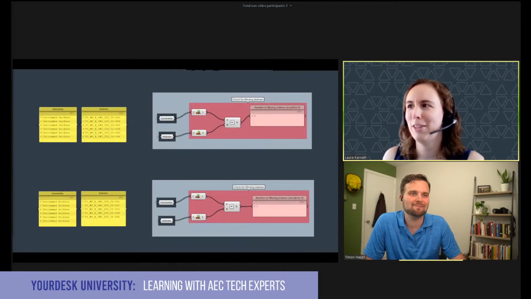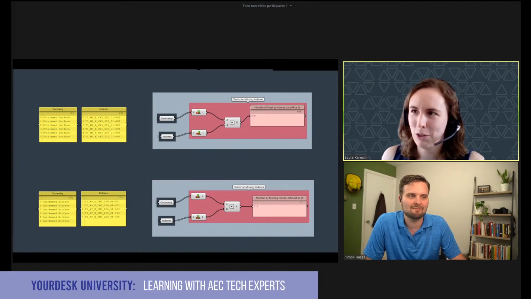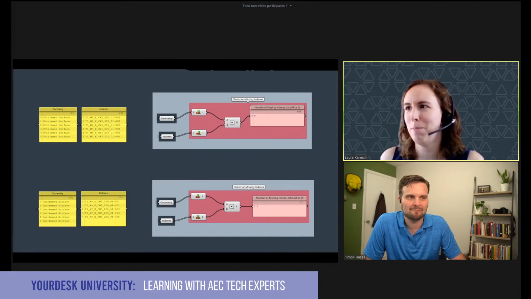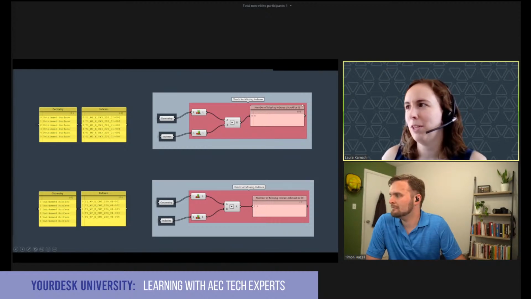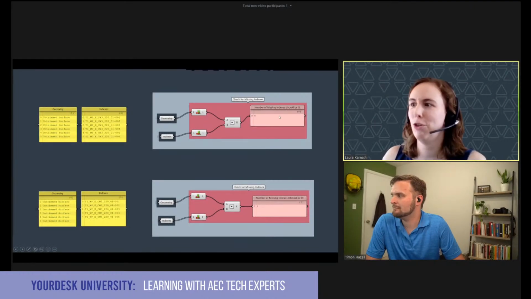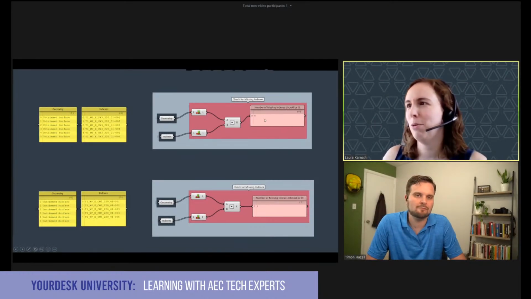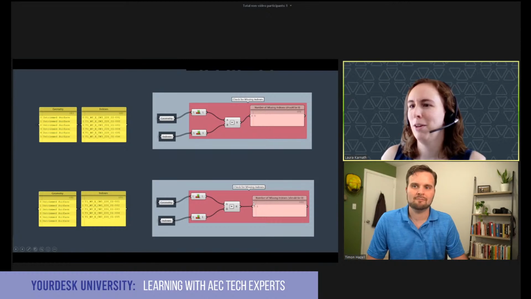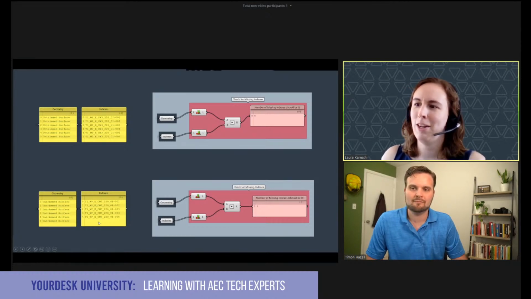So you start with lists, and you can show people, okay, here are your two lists and your two panels, and they match. I also pepper all of my definitions with these little red QC things. I'm just checking to see if the list length is the same. I also put a little tag of what the output should be, so number of missing indexes should be 0. So somebody knows that if one of my surfaces didn't get an index assigned to it, I wonder what happened. Then you work your way back through the definition and see where you lost something.